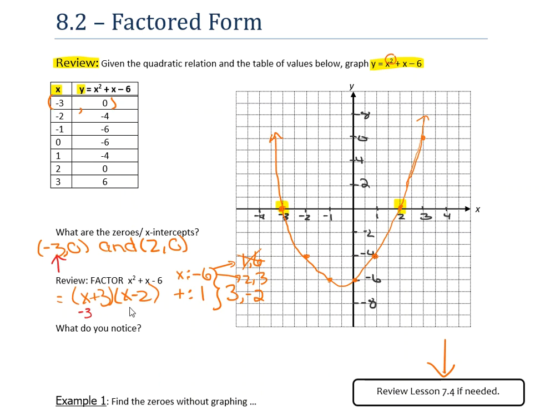In the other bracket, what would I need to sub in? What would I need to sub in here to get it to equal 0? Something minus 2. What would X need to be? Well, the only thing it could be is a 2. So that's this number right here. So the numbers that I get from the factors,